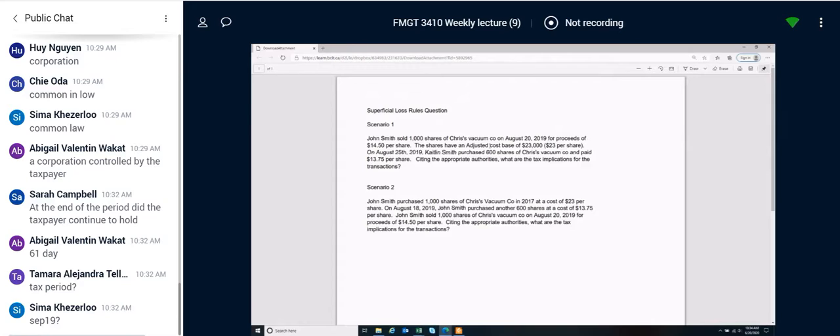And the key thing to note is you start off with 1,000 shares. You ended with 600 shares. So again, in both cases, you start off with 1,000, you ended up with 600. So at the end of the day, you would say, Chris, you only really sold 400. So 40% of the original loss is recognized, 60% is superficial. Okay, so if I go through the calcs,